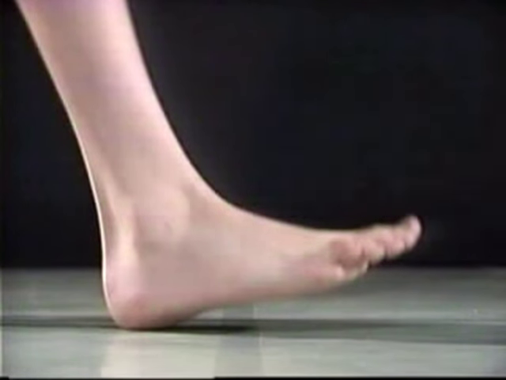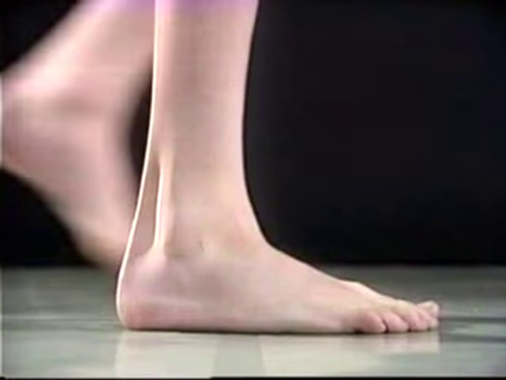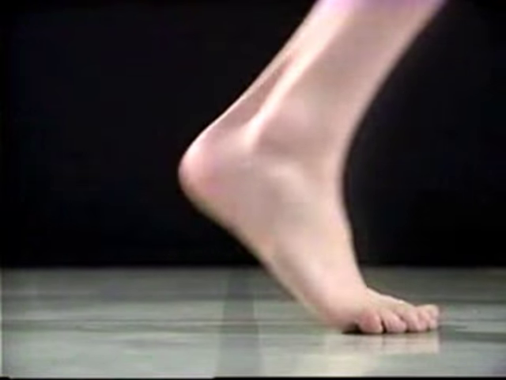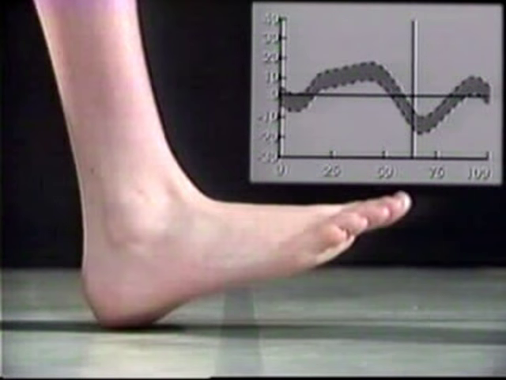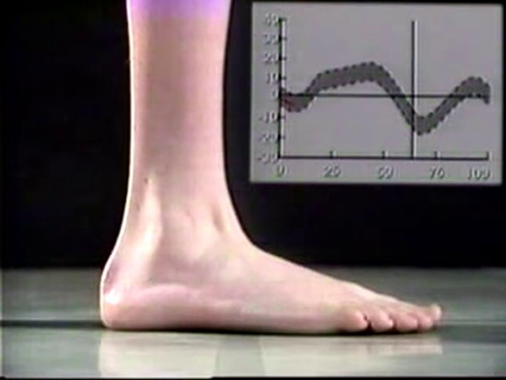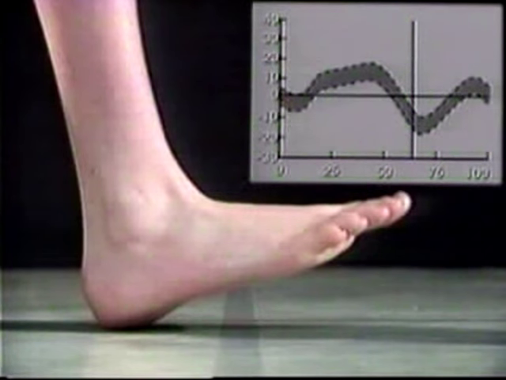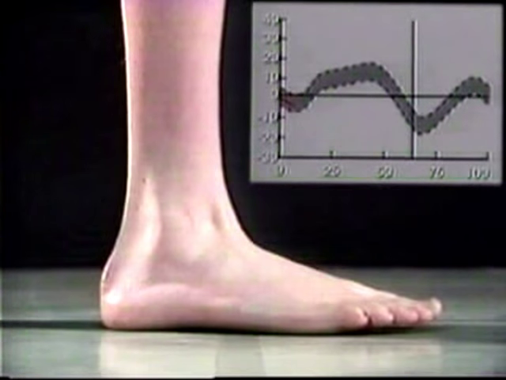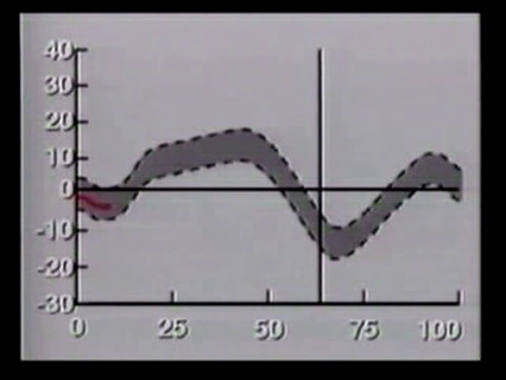Stance phase action of the ankle is described in terms of three rockers. First rocker begins at initial contact and extends through loading response. In normal gait, the fulcrum of first rocker is the heel. The position of the ankle at heel strike is a 90-degree angle, or neutral dorsiflexion. As the foot moves to being flat on the floor, the ankle plantar flexes, which on the kinematic graph is